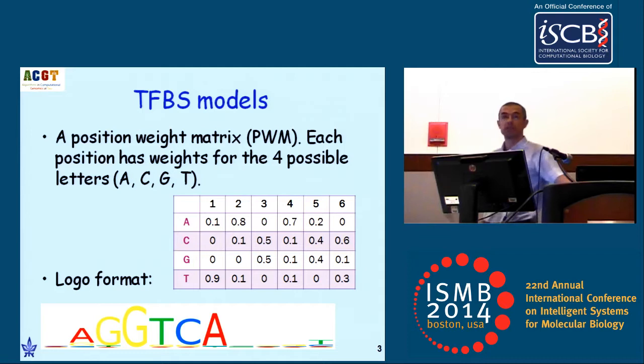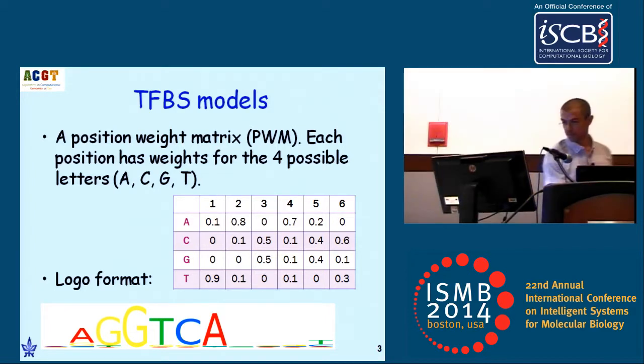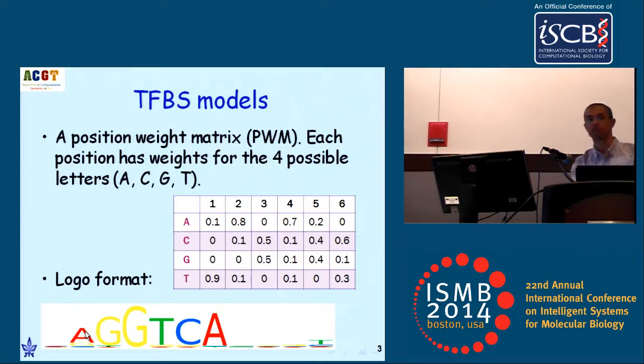And the model that we use in this study is the position weight matrix, the very popular model, which has a very nice representation in the logo format, where each position is illustrated here. We have the height that corresponds to the strictness of the position, and we see the variability of the different